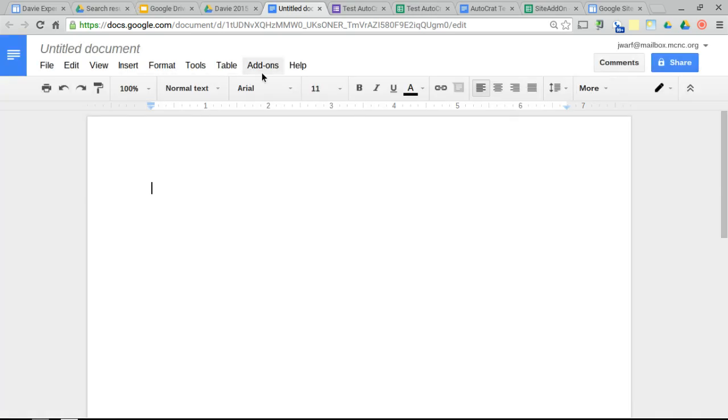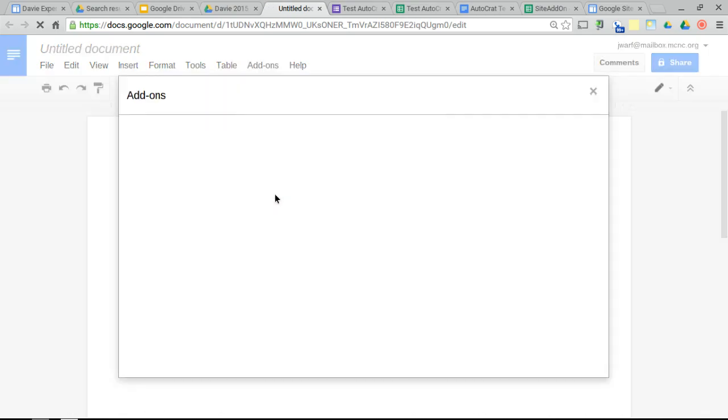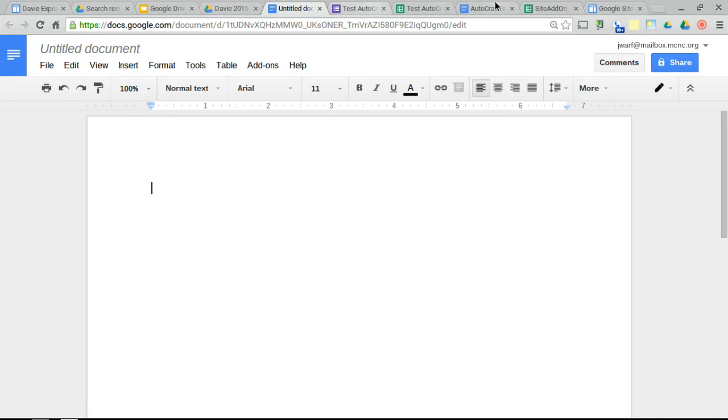So I'm inside of a regular document, and then you can go to add-ons and get add-ons. Now, you're going to see different add-ons for the document and for the spreadsheets. You're going to see different ones. Now, if I go over to my spreadsheet,